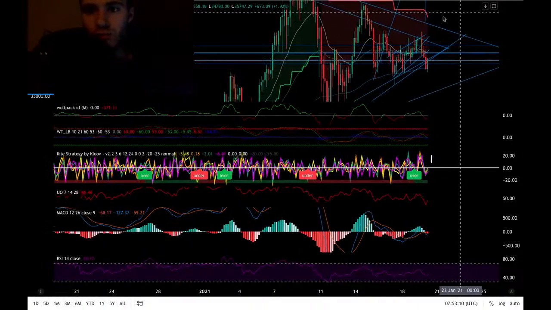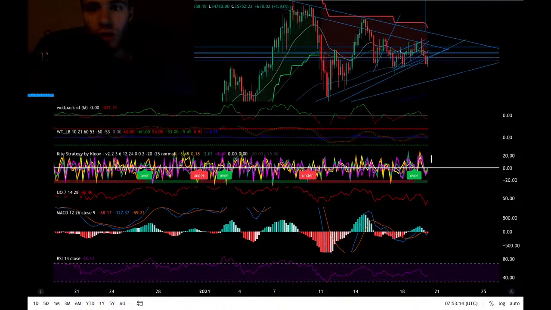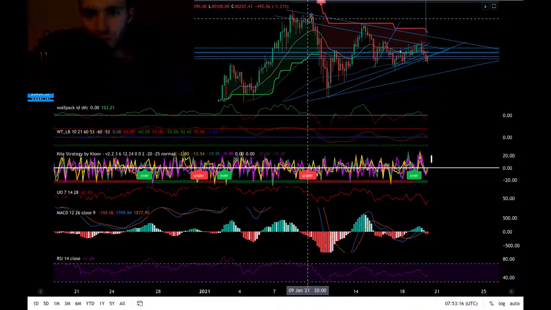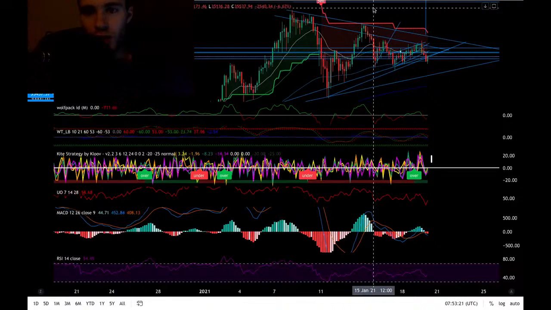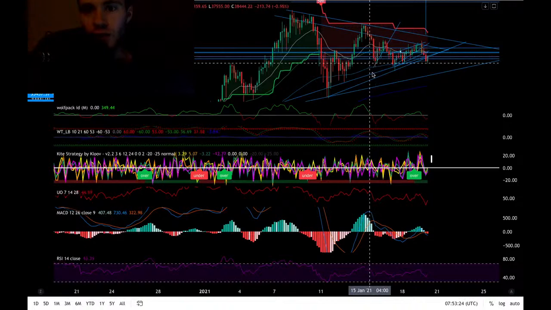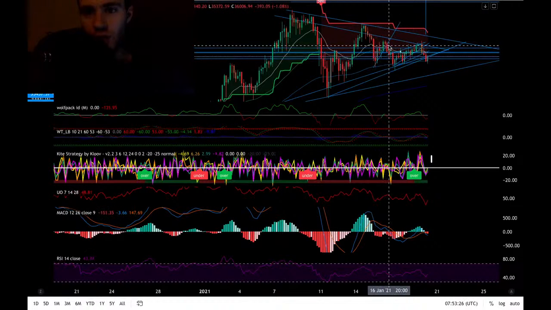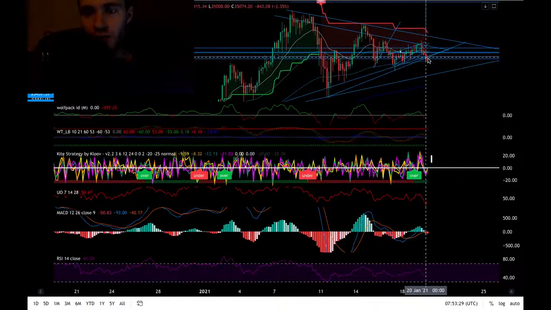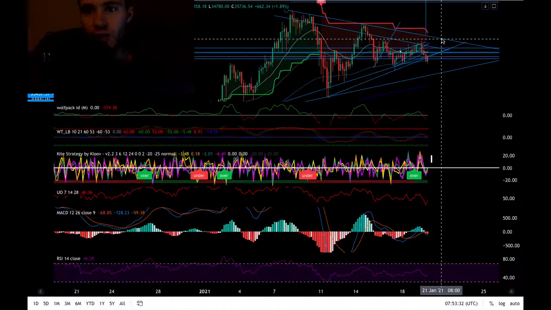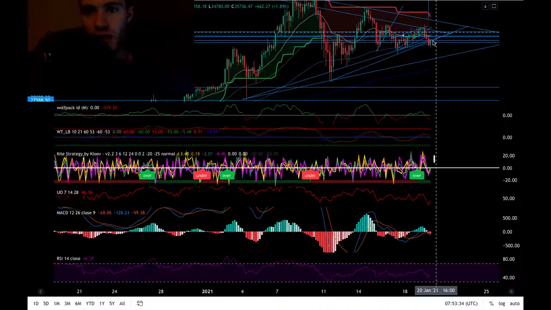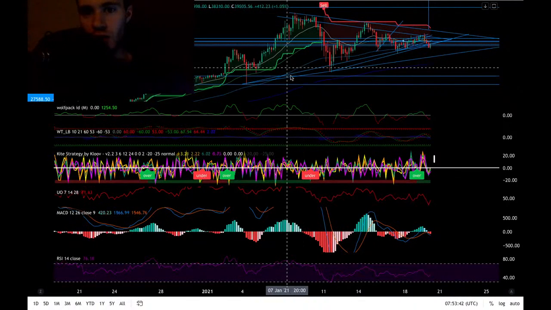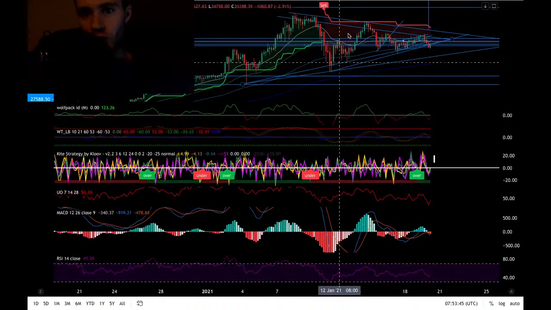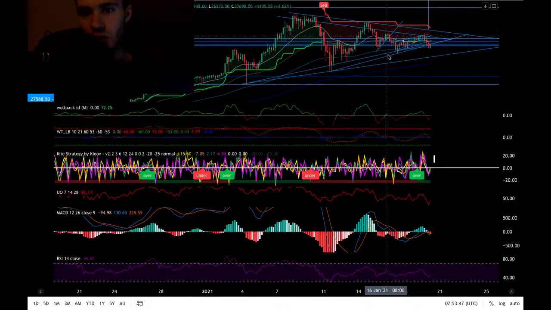And so the last idea I want to go over is that right here was probably the best time to buy Bitcoin, and then it went up. And then this was probably the best time to buy Bitcoin, and then it went up. And then this was probably the best time to buy Bitcoin, and it's most likely going to go up if you see the pattern. But regardless of whether it continues to go up or not, we're in this consolidation pattern, and the longer you wait to get into this consolidation pattern,